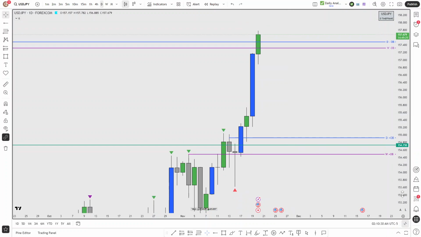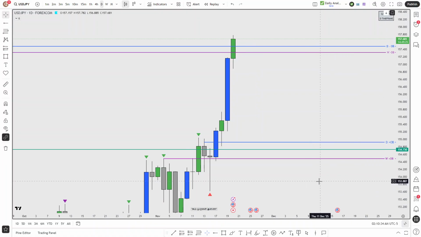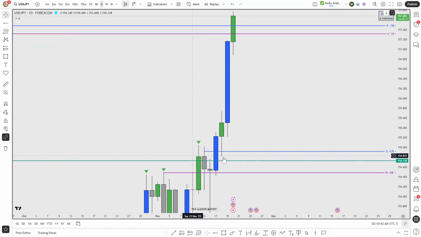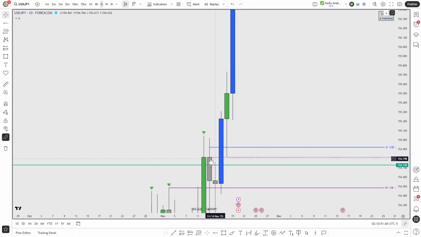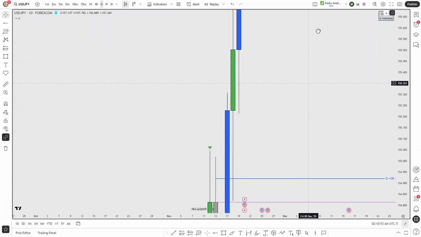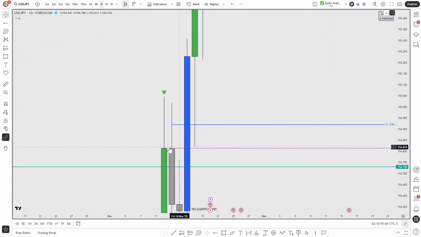Even if you are going into your own backtesting sessions, or if you are observing any daily bullish OB, just make a note of this particular phenomenon where you can observe prices neatly rejecting. Price may not touch this OB's body itself. Some people will be too conservative and will place their limit orders in this body. But what happened here? See, price hadn't even touched this bullish OB's body, and it neatly rejected from this upper